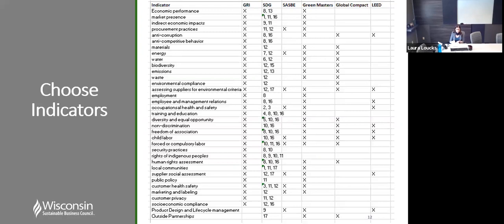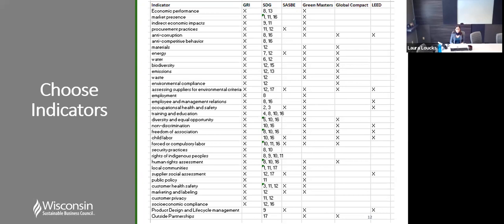And so we chose some indicators that we were going to work with. This matrix is showing, when I started the process, I wanted to figure out what kinds of things we should be looking at. And so I looked at a couple of different reporting mechanisms that are already out there, trying to see which ones would overlap. So I started with the GRI and listed out what indicators they ask for in their